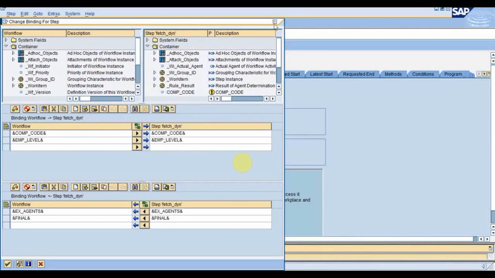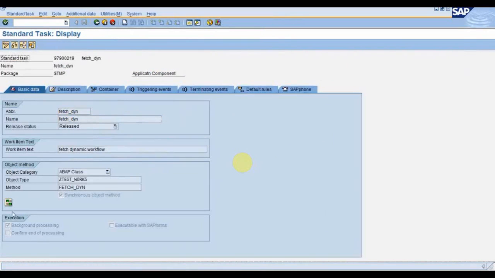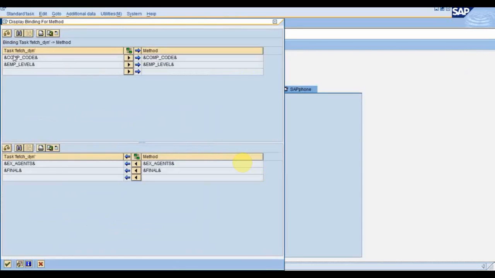So this was the inflow of company code and level. Now, going to the task and the binding from the task to the method, this company code and level flowed from the task to the method. The method has the importing parameters company code and level, so it used these variables and fetched the agents, X agents and final.